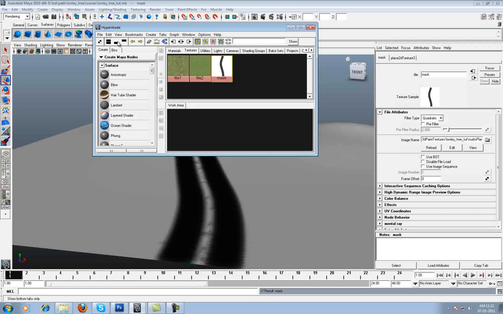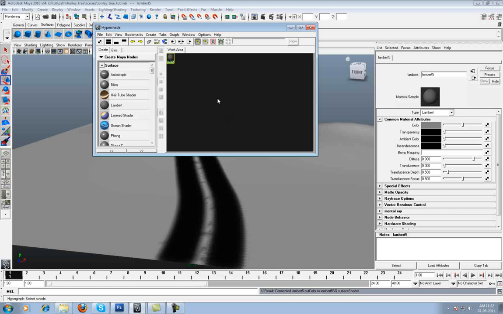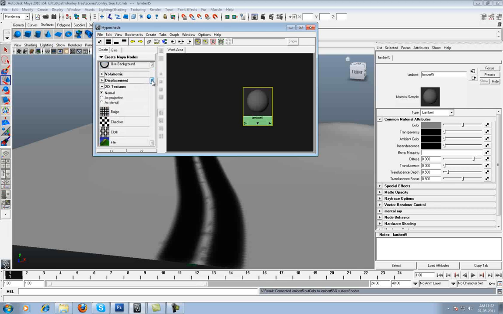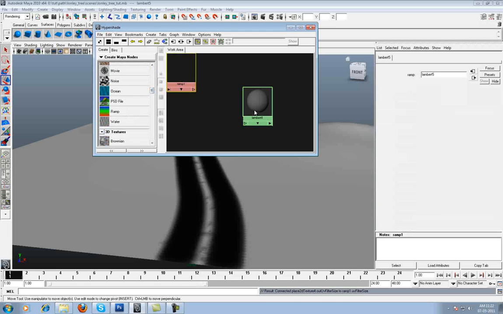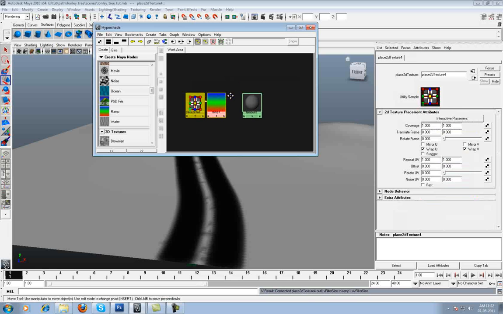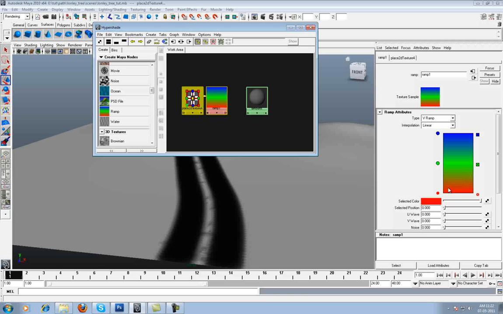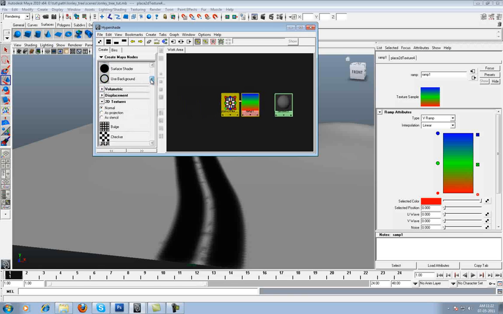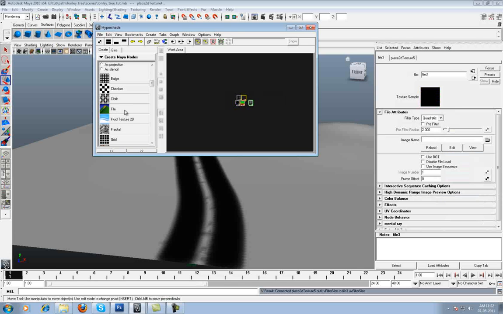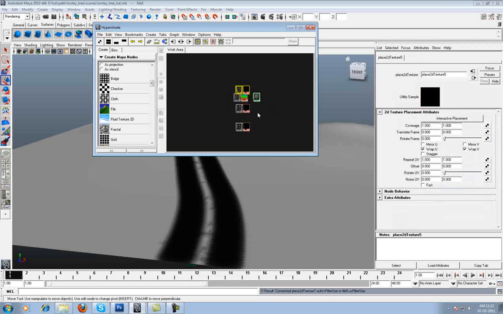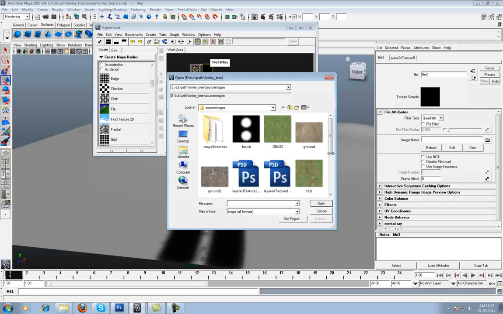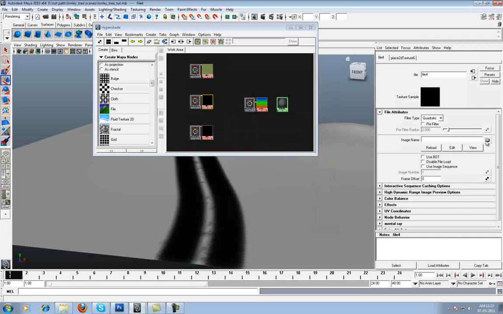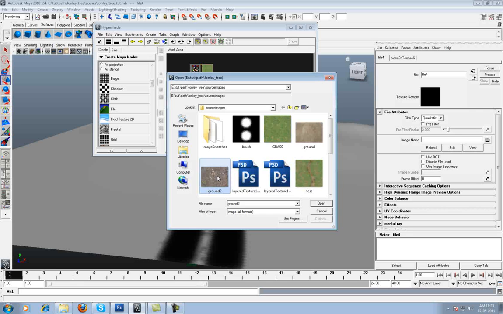Now I'm going to create the ground. Now create a lambert. So first I'm going to create the basic ground. So I'm going to create a ramp, just keep it like that, and open the ramp. Sorry, I'm going to create 3 file textures. I'm going to mix 3 files, 1 2 3, select that all. Now I'm going to browse the grass again, then the dark, okay, and after that,